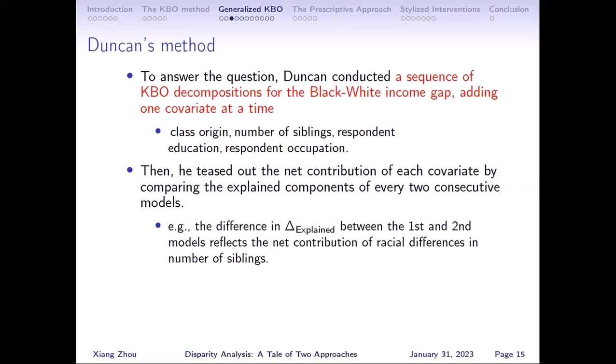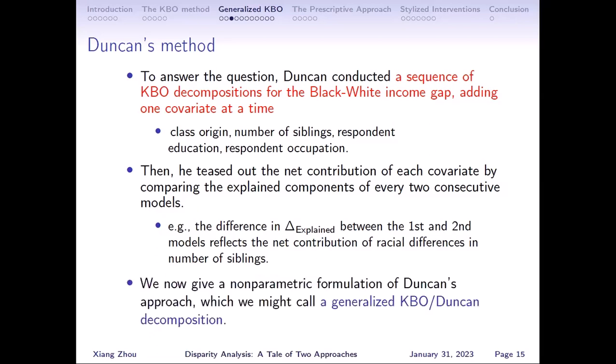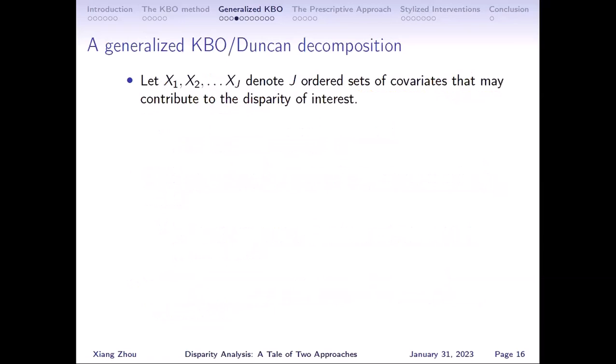Although Duncan was very modest and did not make any claim of methodological contribution, I think this is an important insight. So we now give a nonparametric formulation of Duncan's approach, which we might call a generalized KBO or generalized Duncan decomposition. What we do here is just let x1, x2, all the way to x capital J